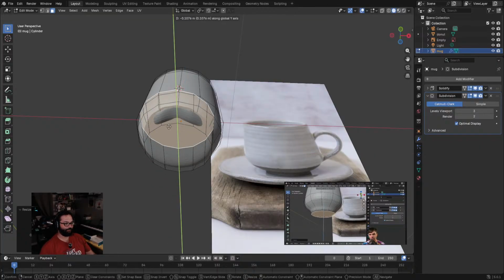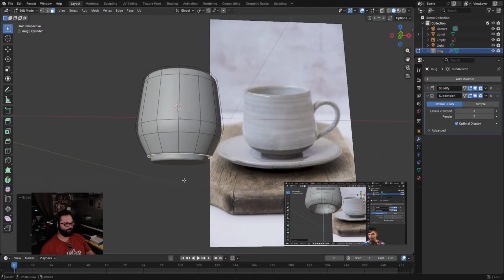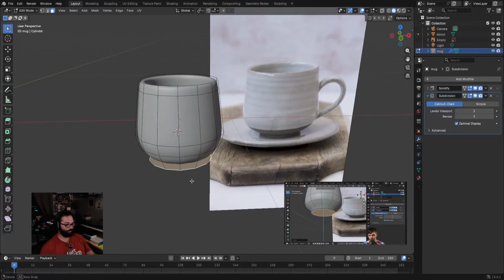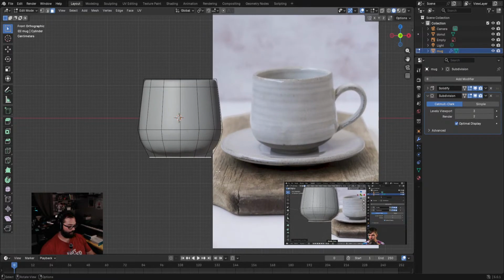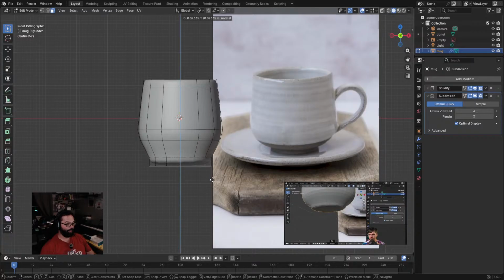Just like everything else in Blender, the moment you tap it, you're now in that mode. I can pull it upwards. I can pull it downwards. Obviously, downwards is what we want. So I'm going to do a single click right there. Okay. So E. And then now, if I go back and just look at it in object mode,